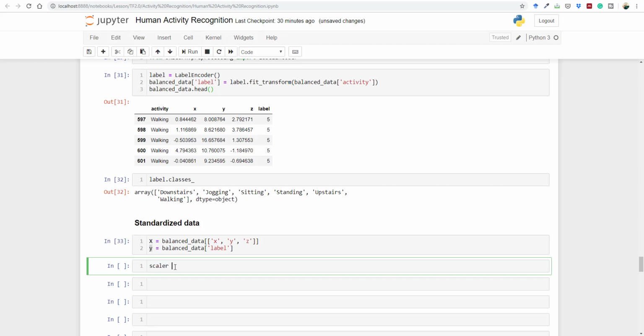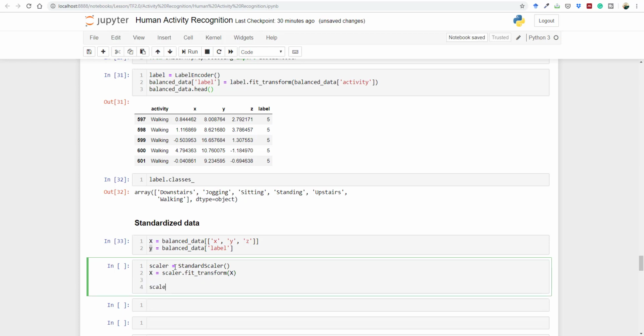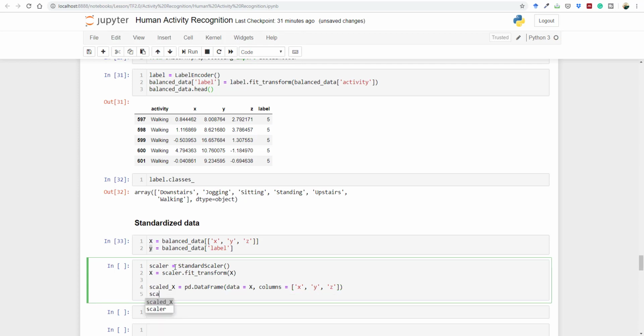Now let's standardize our X here. How can we do that? With scaler equal to StandardScaler, and there I can just call scaler dot fit_transform on X. With this we have got our X. Let's create a pandas data frame, where data is equal to X, and for columns we need to provide X, Y and Z. Then we are also going to add a final value Y